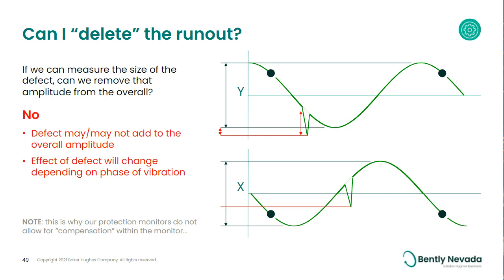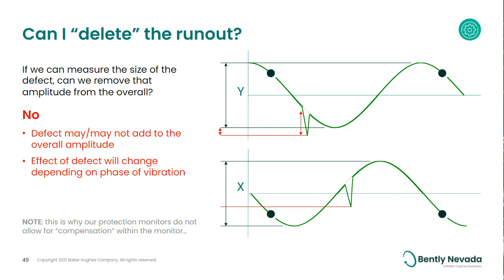If we look at the 1x vibration, it's going to have an amplitude and a phase. And if we look at the runout, it's going to have an amplitude and a phase. All we can really do is add those two vectors. Depending on how those phases relate to each other, they could either add together and exaggerate the overall vibration level, or they could subtract from each other and artificially reduce the overall indicated vibration level. So just being able to take that amplitude of the runout and just subtract it is not something that